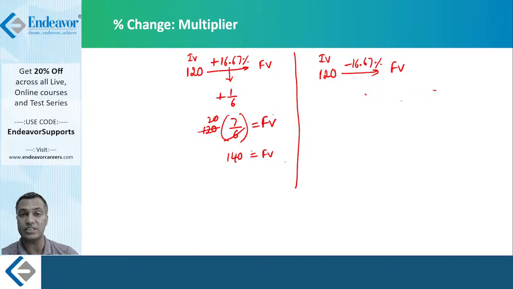1 by 6. This is a decrease. Fraction related with a decrease, multiplier related with a decrease. Simple. Denominator as it is. Don't change your denominator, copy it as it is. Numerator 6 minus 1, because there is a minus sign. From 6 you started, therefore I'm writing it in this fashion. 6 minus 1. What is 6 minus 1? 5. 5 by 6. Therefore the multiplier related with 16.67% decrease is 5 by 6. 5 by 6 times of what? Initial value. Copy the initial value, which is 120, which becomes how much? The final value, right?